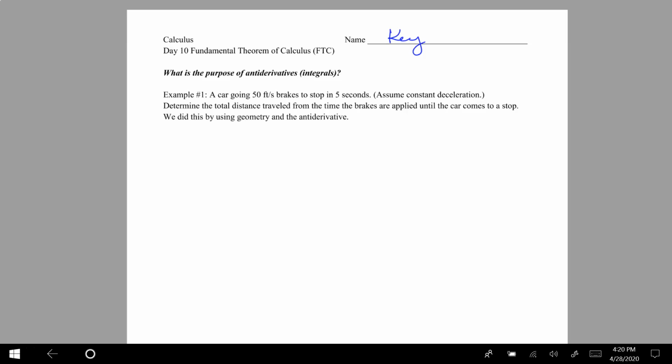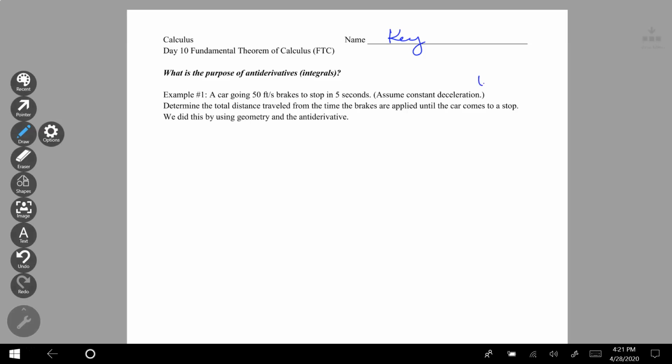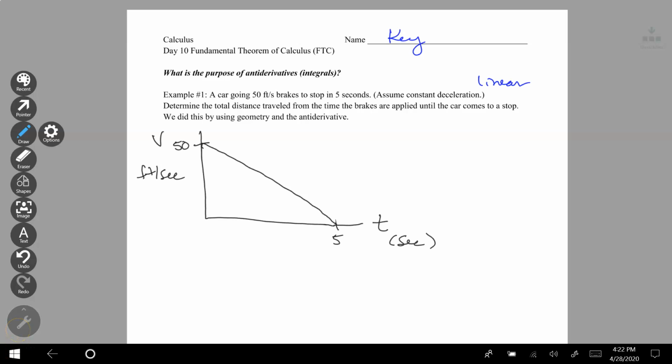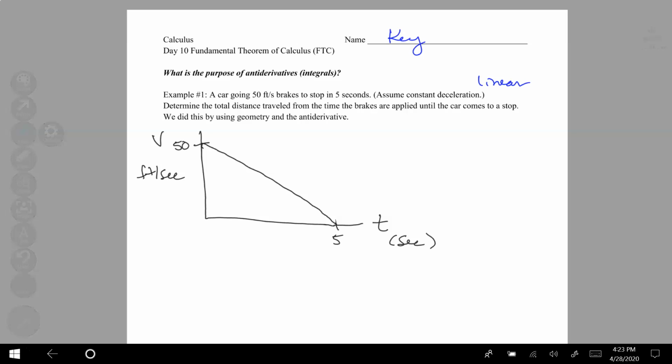So I'm going to go over a problem that we did earlier. A car going 50 feet per second brakes to a stop in 5 seconds, and we're going to assume constant deceleration. This is key because this means that it's linear. That's important to us. I'm going to draw this scenario out like I did last week. So this is a picture I drew before. Velocity on the y-axis, time on the x-axis, and we're trying to find the total distance traveled until the car